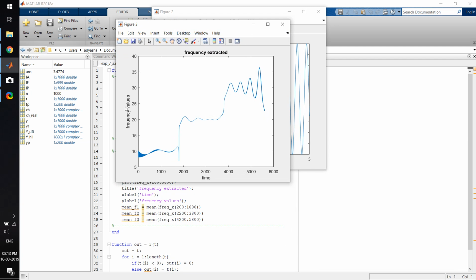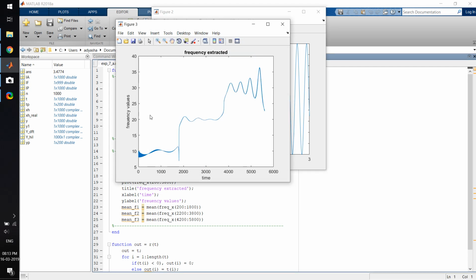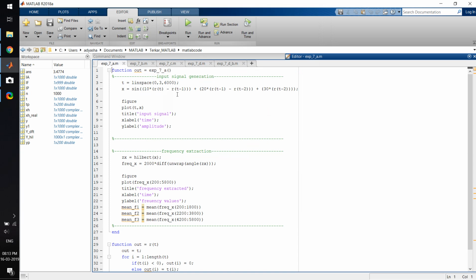As you can see in the graph, initially the frequency is quite low as expected. When it keeps increasing, however, you see the rise in the frequencies is steep, and there are certain overshoots that are happening. Well, these overshoots happen due to some computational errors and the fact that the frequency changes in our signal are not continuous. Okay, we now move on to the next part of application of